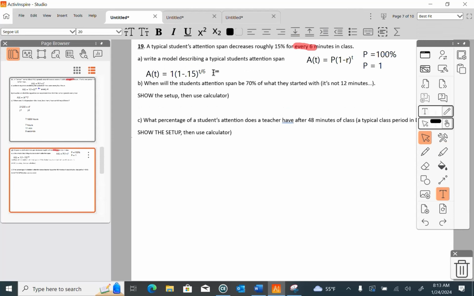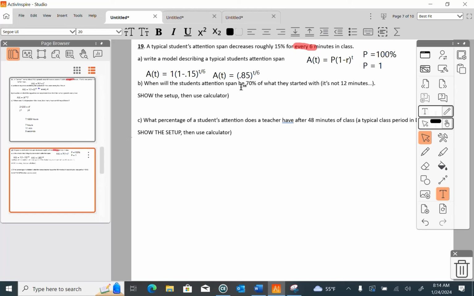Now, I cleaned that up a little bit because I happen to know what 1 minus 15 hundredths is, and I happen to know that certain things in mathematics are understood. All right, there's your model. When will the student's attention span be 70% of what they started with, and it's not 12 minutes? Some kids think it's 12 minutes or whatever. But anyways,